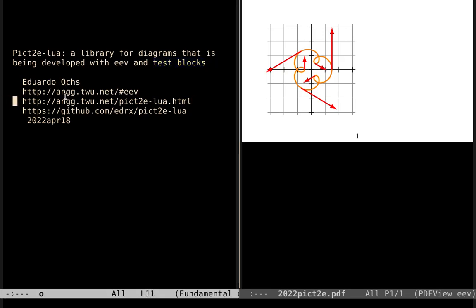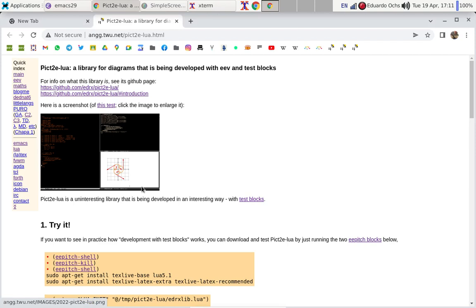All the most important information about this package is in this page here. Let me show it in the browser. Here it is. And note that this paragraph says that Pict2e-lua is an uninteresting library that is being developed in an interesting way with test blocks. And this is what we are going to see, how I'm developing it and how it can be tested very